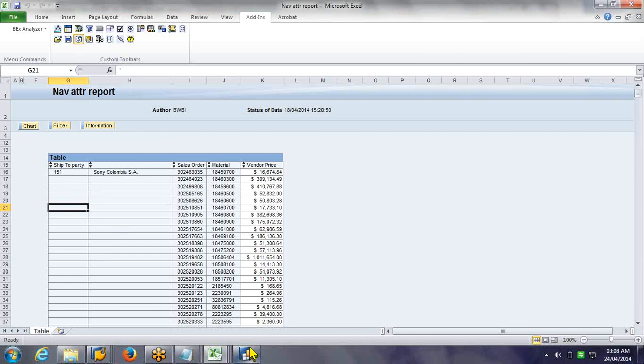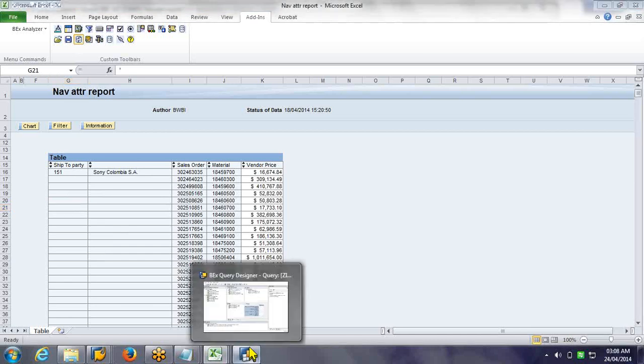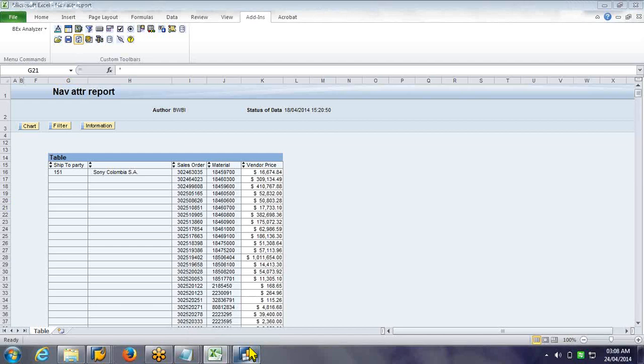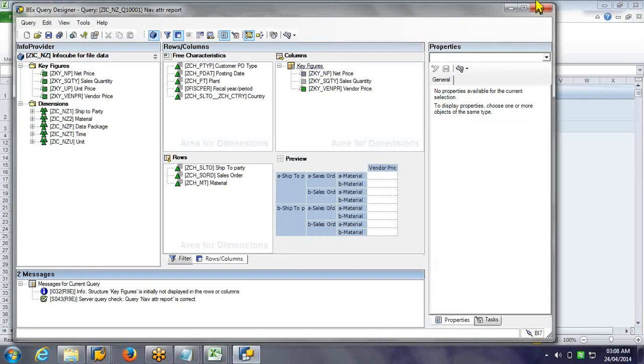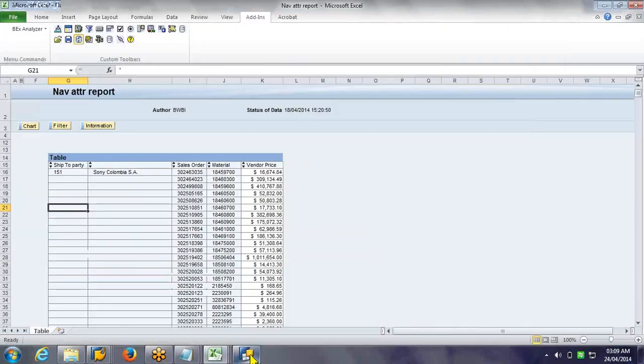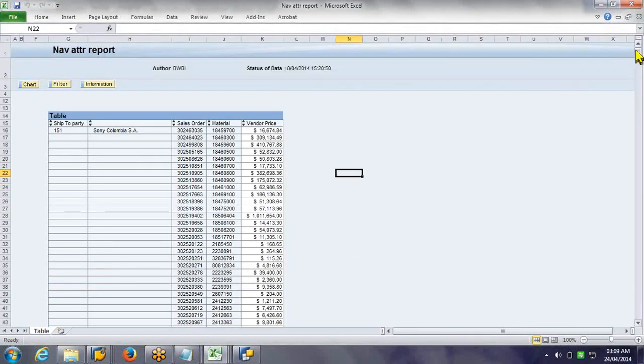Okay, fine. Now, is it bringing the entire data from the cube or only a portion of data? Yes? What do you say? Portion of data, right?